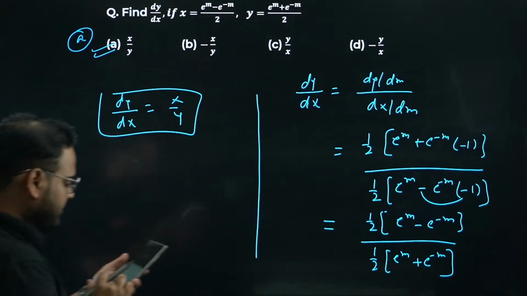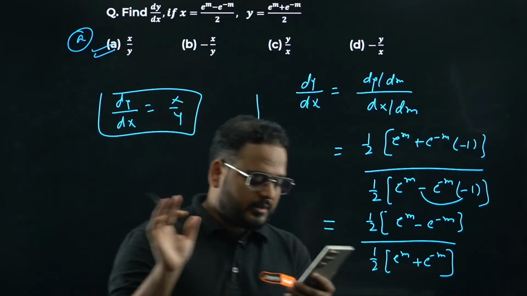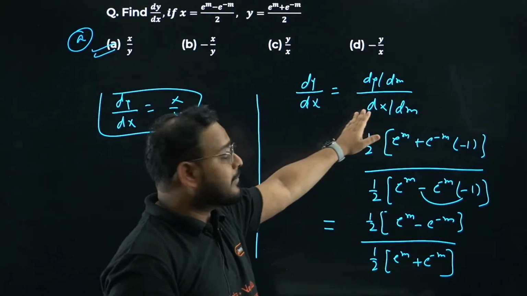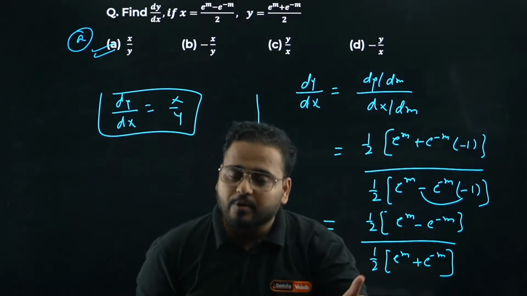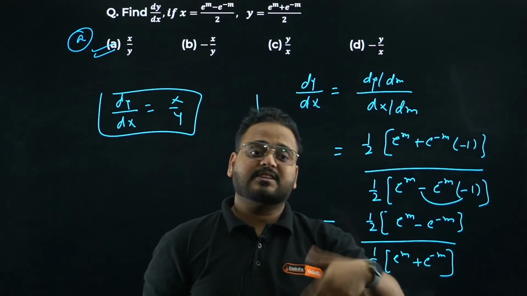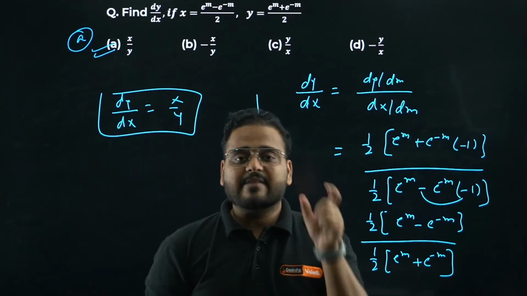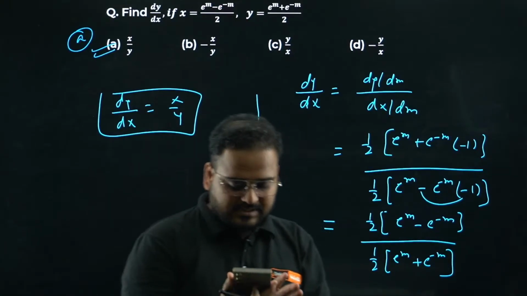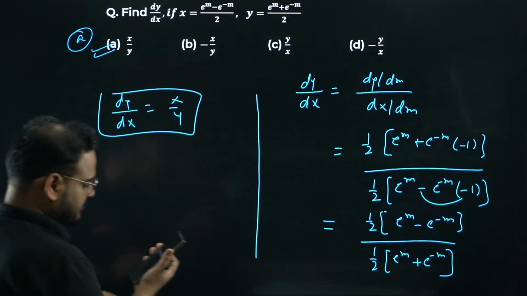I hope everyone is clear with this question, right? No doubt, there were a lot of mistakes from all of you. What is the mistake? Simple problem only, right? This is a parametric form question. So parametric form questions with second derivative and first derivative can be asked in the COMEDK examination. It's one of the high weightage topics from your chapter C and D. Okay, let's continue from here now.